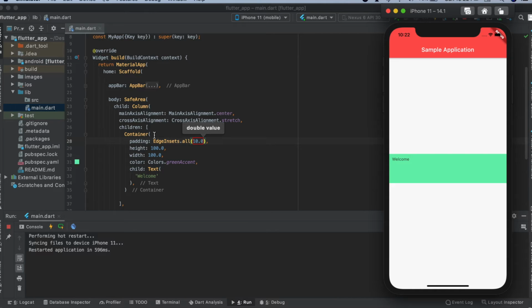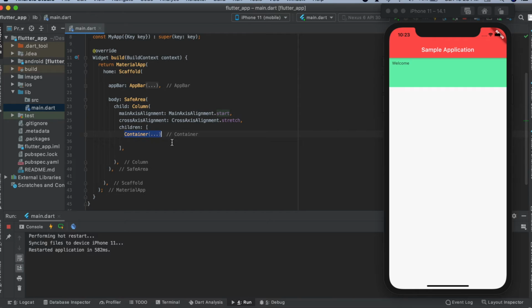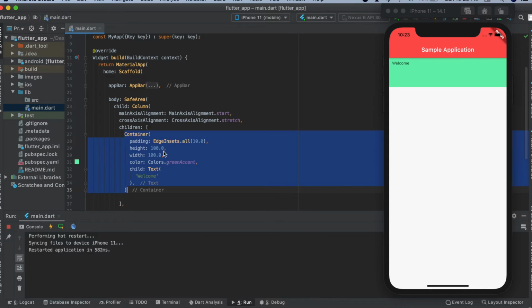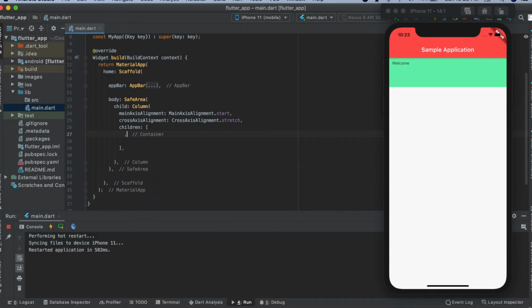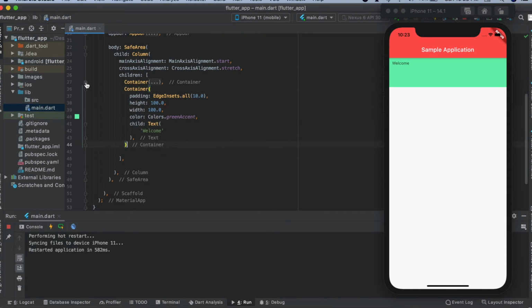And for margin, I'll start it from start so that you'll be able to get what is the difference. And I'll have one more container to easily get the difference. Yeah, so these are my two containers.